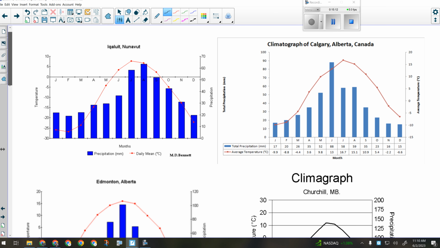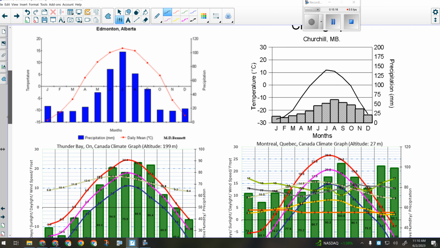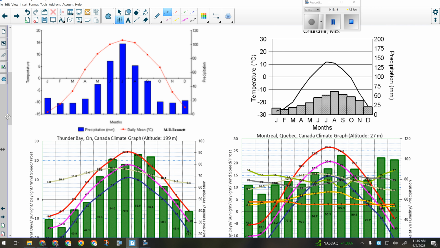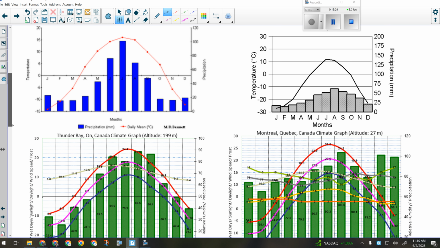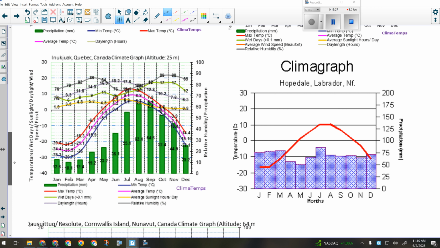Looking at Churchill, it was also a very different scale, but still similar numbers, gets pretty cold. July, August, September, highest precipitation, similar numbers. And then looking down at Inukjuak, similar, July, August, September, wettest months, gets pretty cold. So that fit, I thought, together. Hopedale also, while its precipitation was a bit more uniform, it didn't really fit anywhere else. It could have maybe gone by itself,